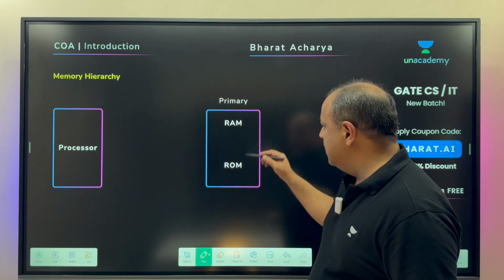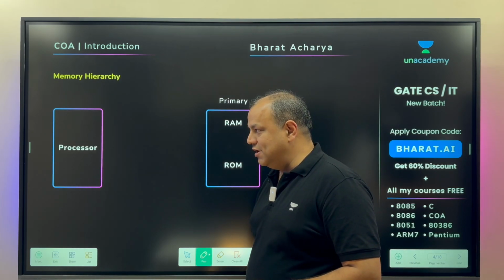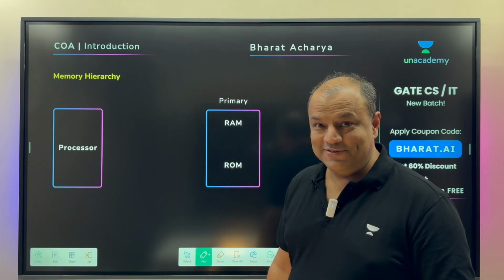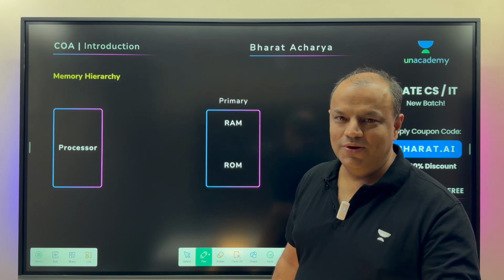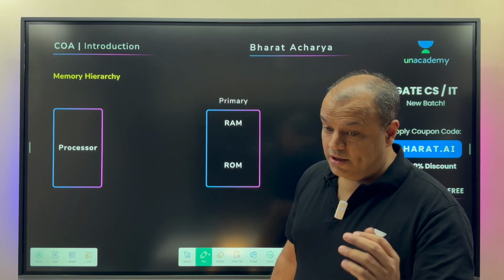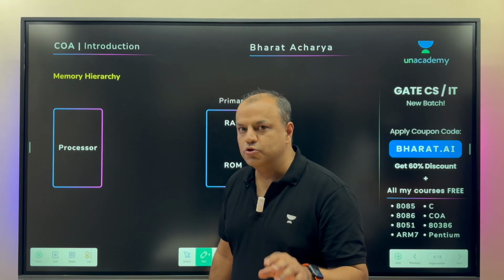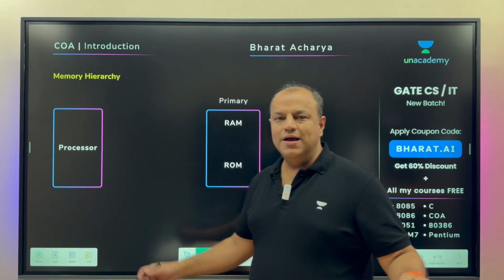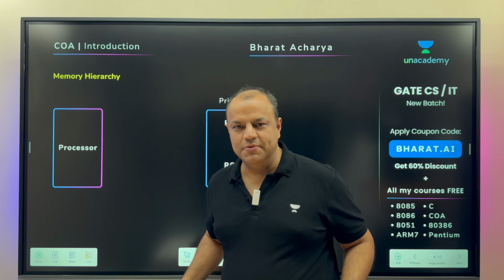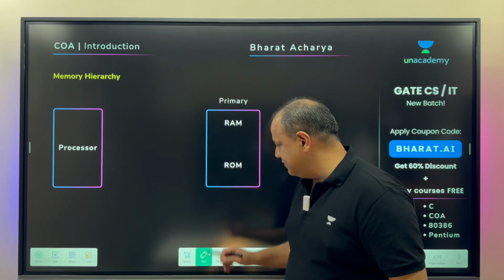Let's understand. The full form of RAM, it is ridiculous if an engineering student appearing for GATE doesn't know these full forms. Okay, it's ridiculous. I'm not judging you. You don't know, you come here to learn. But you asked me, sir, was it okay that I didn't know? No, not at all. You should know these. These are things school kids know. RAM stands for random access memory. ROM stands for read-only memory. So let's start with ROM.